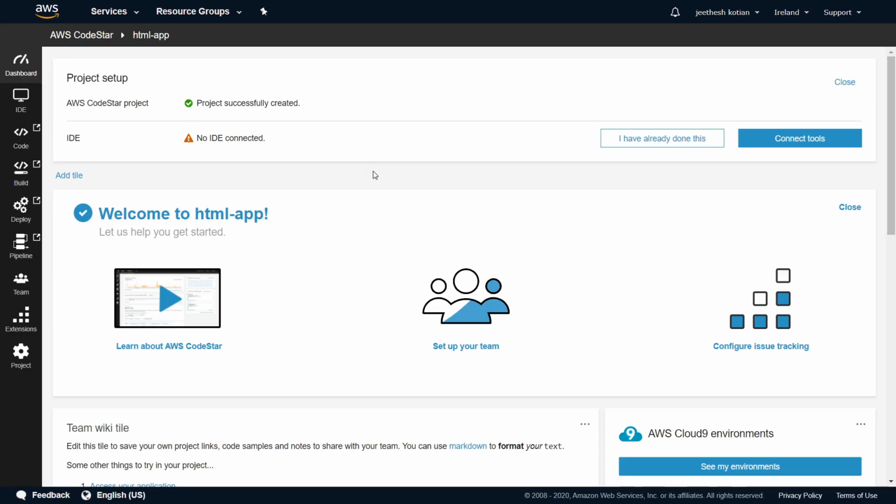This is the basic understanding about how AWS CodeStar works and how AWS CodeStar does the CI/CD setup for you. And it's a very easy to use CI/CD setup where you rarely have to do any development or any code changes to your application.